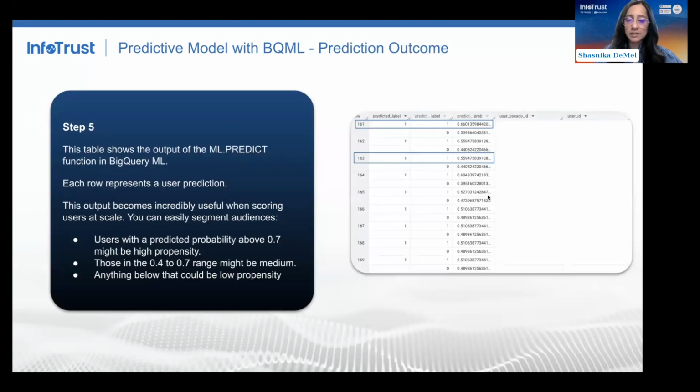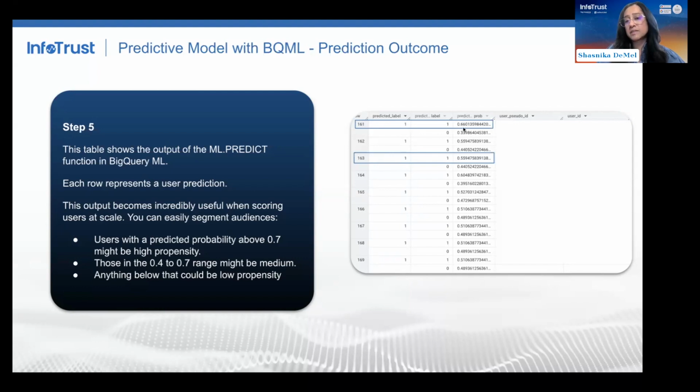And this is an example of what the output looks like. This table shows that each row within this table represents a user prediction. So the predicted label here, 1, says yes, this user is going to convert. And the predictive probability here gives us an indication of their likelihood.